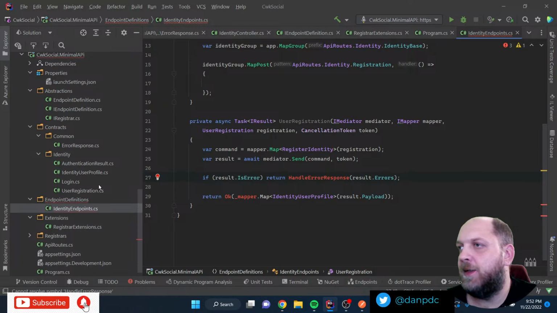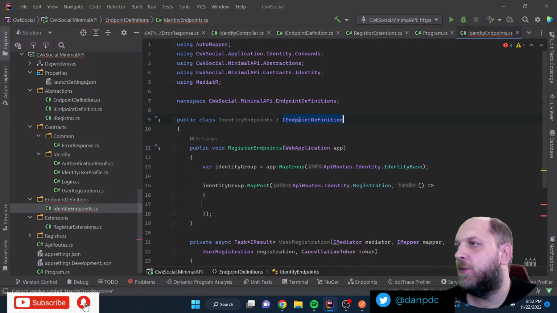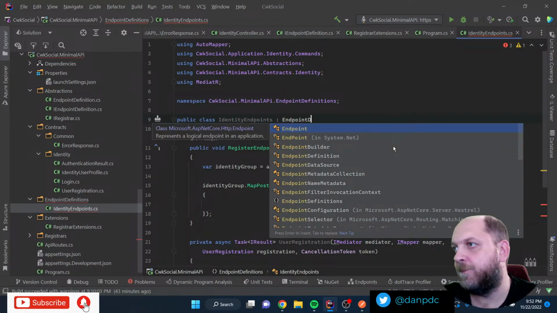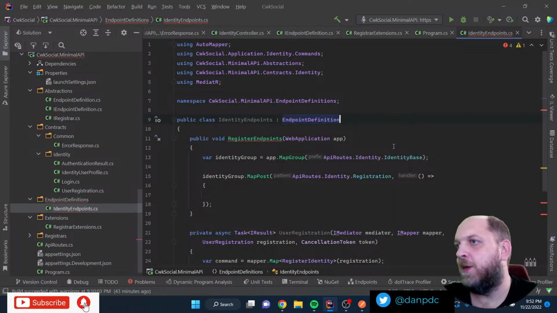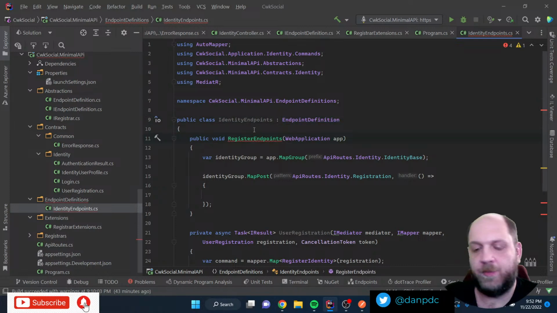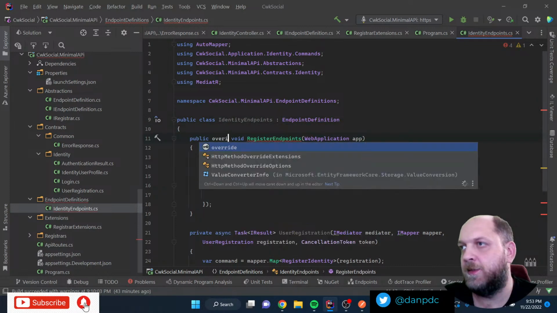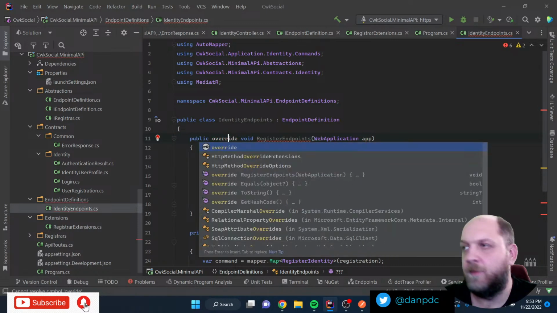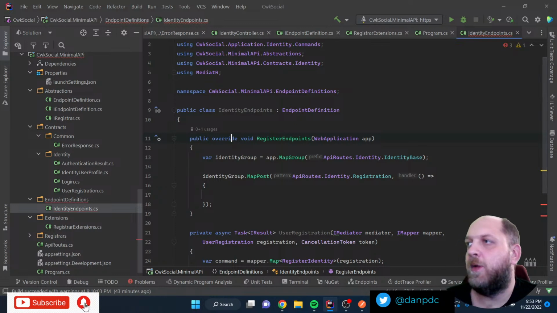not in the identity endpoints, but in user registration. Where this is, we don't inherit this, but we inherit this. Public override. Okay.